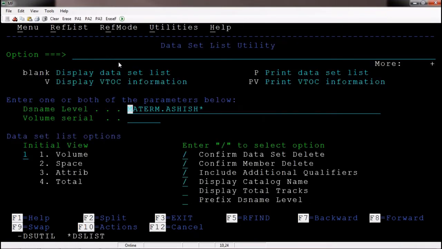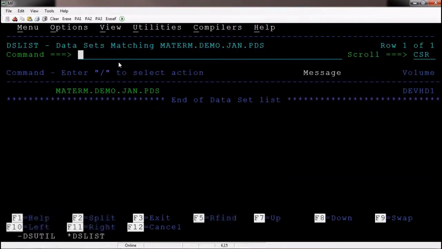So I am giving MATERM dot demo dot john dot PDS. Hit the enter. Dataset is existing. Here we have line commands. If you type anything here, that is called a line command.